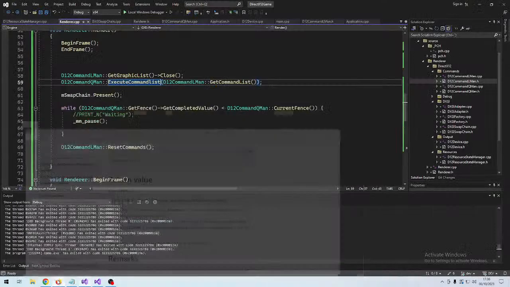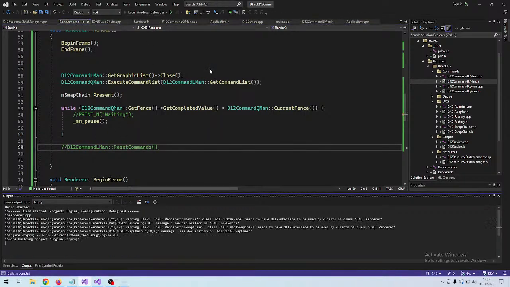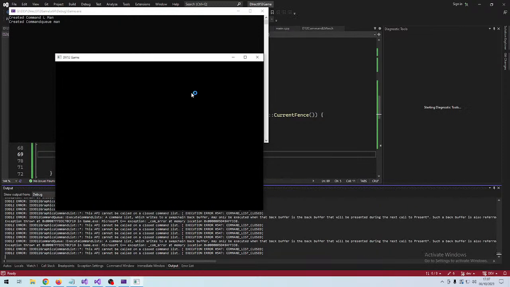That is really, really weird. So if we don't reset the commands,